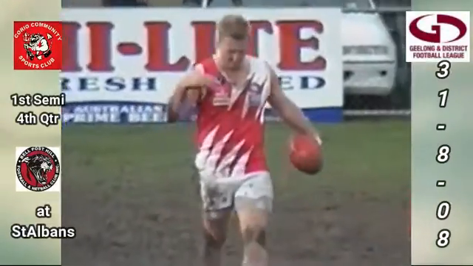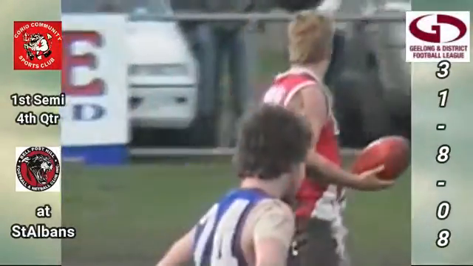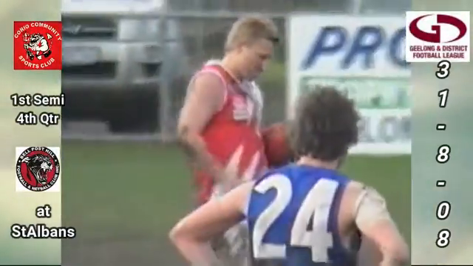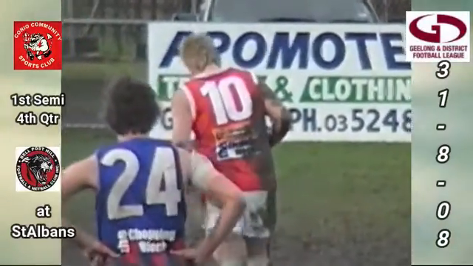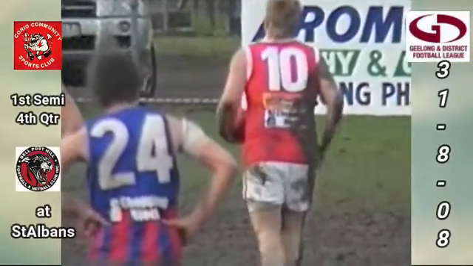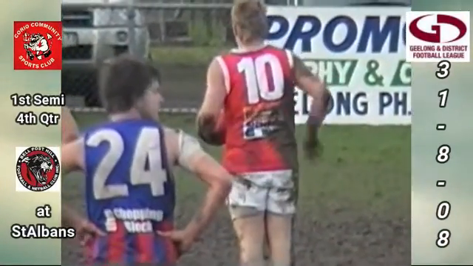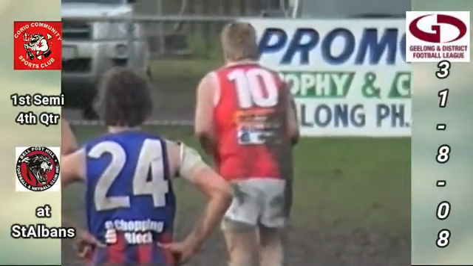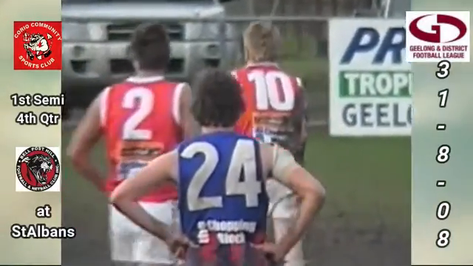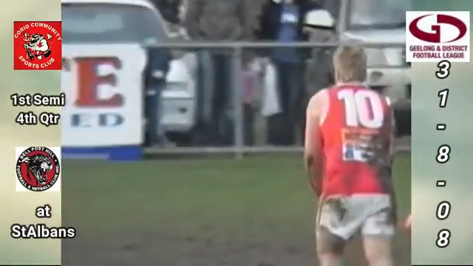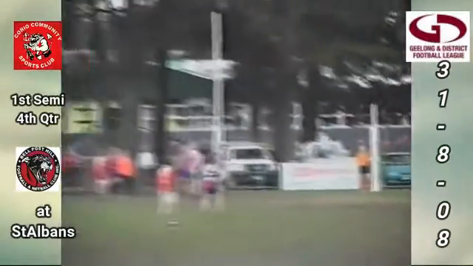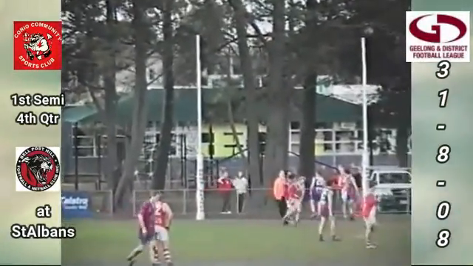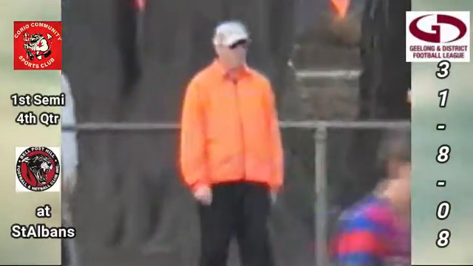So Barry O'Toole to go back. And at this stage, 88 to 31. I suppose respectability now for the Corio side to finish the game or the season possibly with 2 or 3 goals. But Barry O'Toole, a noted goal kicker for the Corio side, comes in. As I said, kick from about 35 metres out directly in front. It's a nice looking kick off the boot. Umpire does not move, and it's a goal for the Corio side. And the first one for the afternoon for Barry.